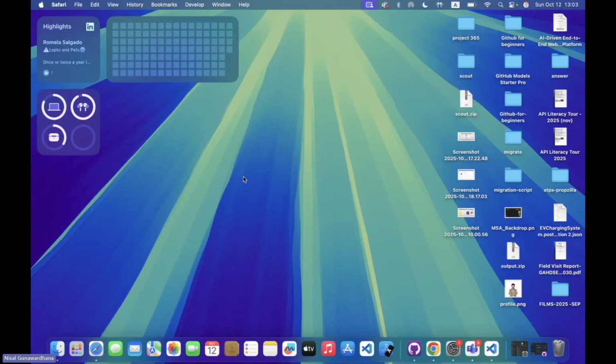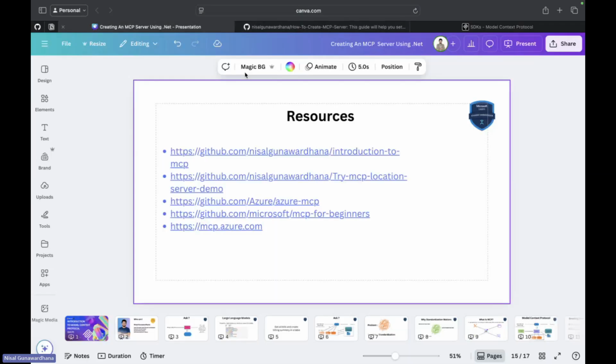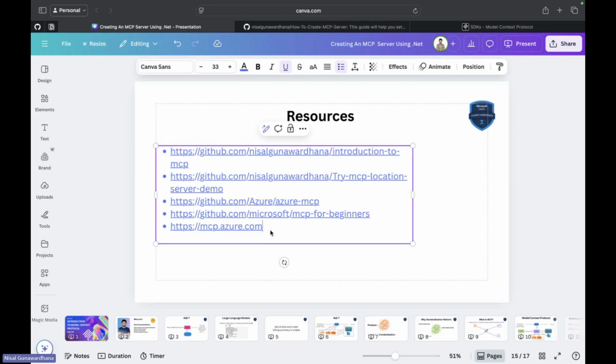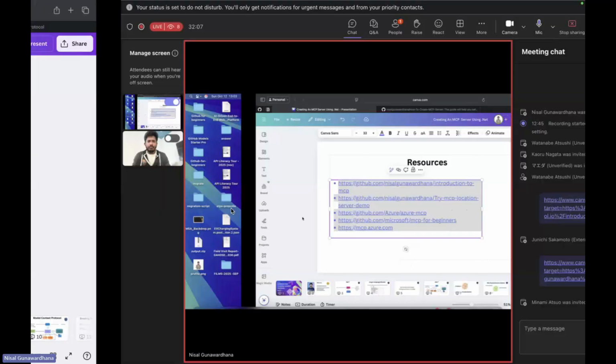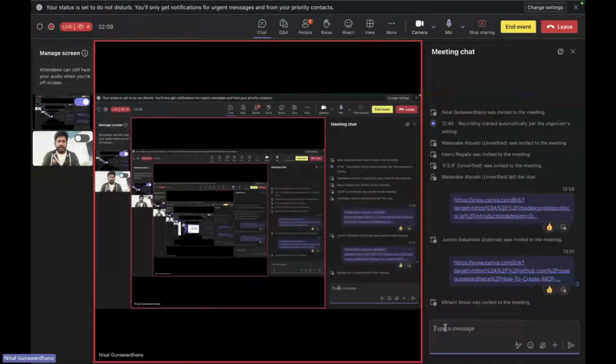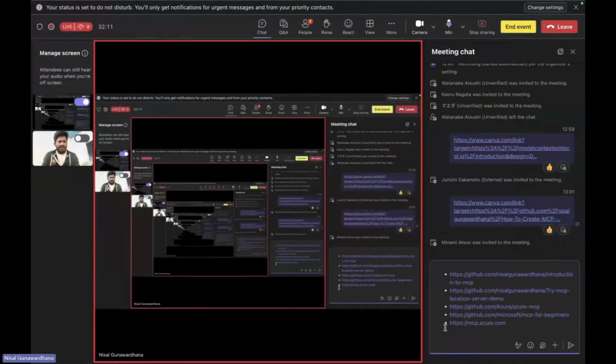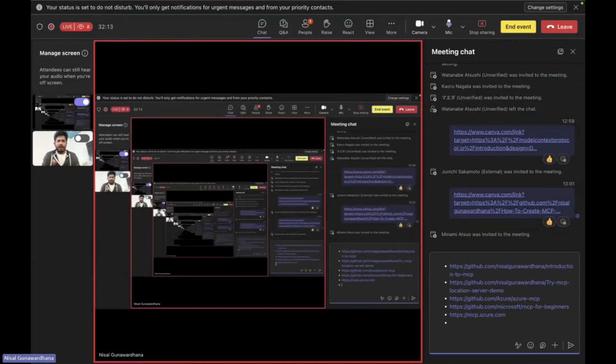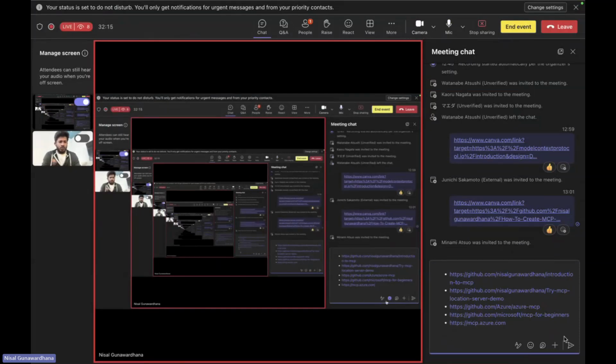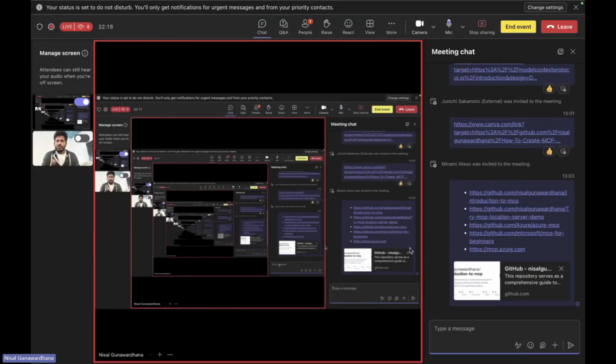I think I can copy these resources and share. Once I share this, I will move to my particular MCP server code and explain a bit how it works, right? So I'm sharing these resources.